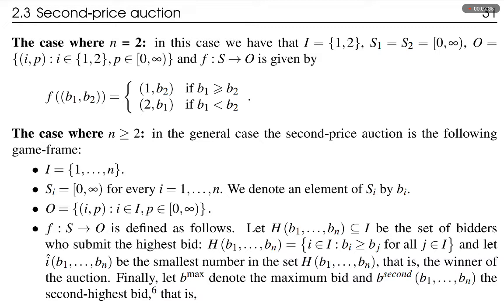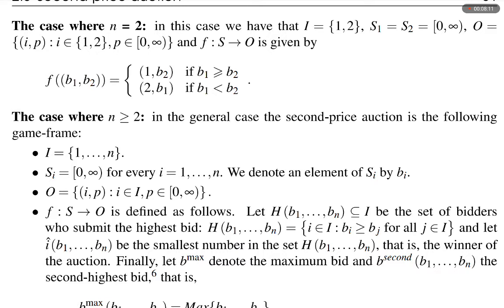S_1 equals S_2, which equals [0, ∞), and O equals {(i, p): i is an element of I, which is {1, 2}, p is an element of [0, ∞)}, and f: S → O is given by f(b_1, b_2)